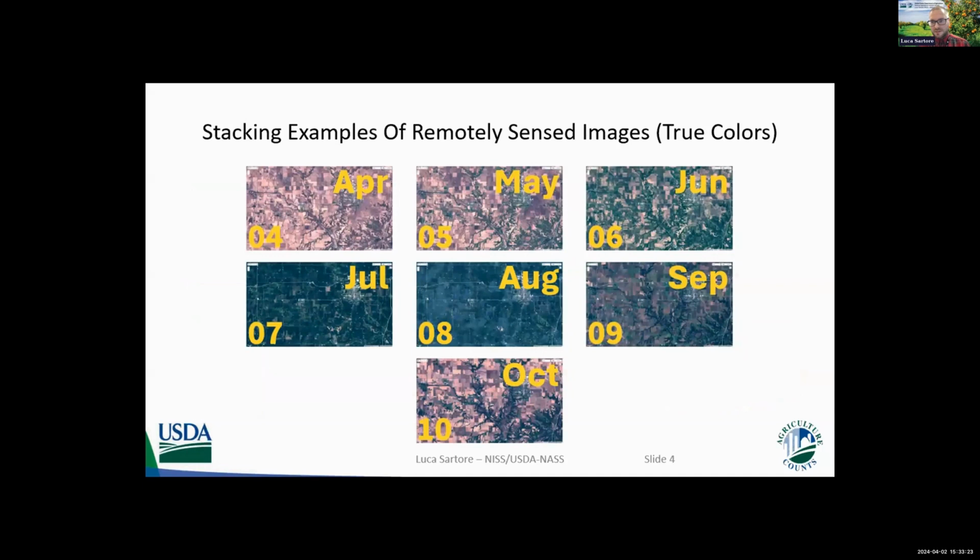So if we look at the evolution of the remote sensing images, here I have produced the median for the true colors, which are the red, blue, and green. We also use other spectrum bands, like the near infrared and shortwave lengths, but these are not represented here. So once we look at the evolution of these patterns across times, we can see that in April, nothing